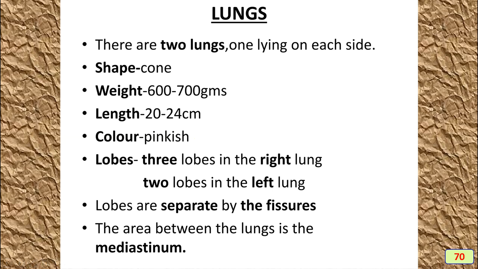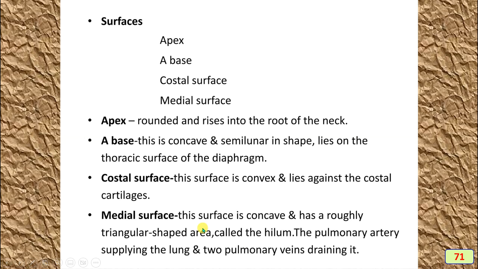cattle, and the shape is cone shape. The weight of an adult human lung is 600 to 700 grams, whereas in case of cattle it will be more than 1.5 to 2 kgs. The color of most lungs is pinkish. Then lobes are separated by the fissure. Then the area between the lungs is the mediastinum, and there is a